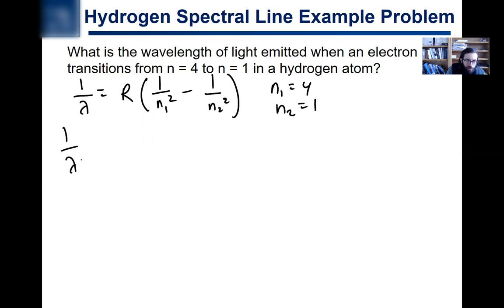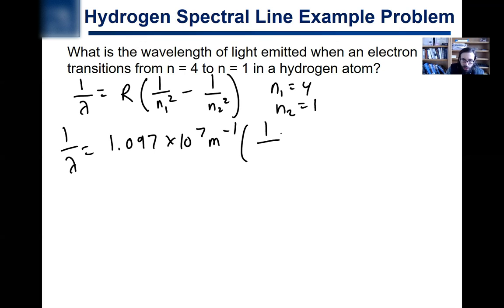And so 1 over lambda is going to be equal to R. R, of course, has a value on the previous slide. R has a value of 1.097 times 10 to the 7th inverse meters, times 1 over n1 squared, so that's 4 squared, so it's 1 over 16, minus 1 over 1 squared, which is 1. So it's 1/16 minus 1. If you do all that, that comes out to 1 over lambda